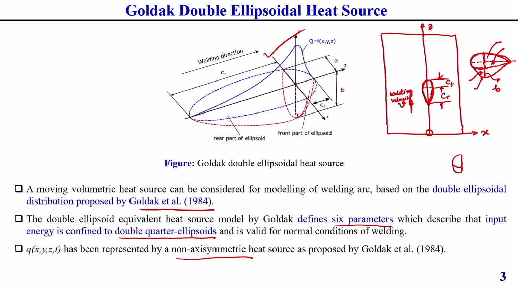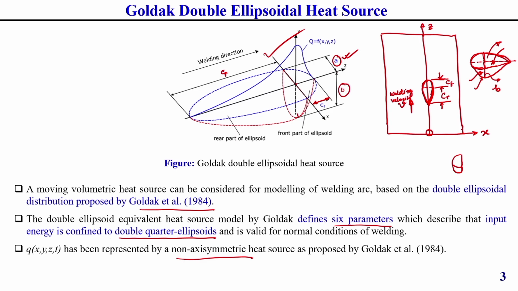The heat source model looks like this only. So, what is A, B, then what is CF, CR, you get that idea from this diagram also. Here you see this is our CF, and this back portion of the ellipsoid is CR. Then A is the ellipse minor axis distance, generally represented along the x axis. Similarly, through the thickness, that is the y axis direction, it is represented as B. Understand what I am telling.